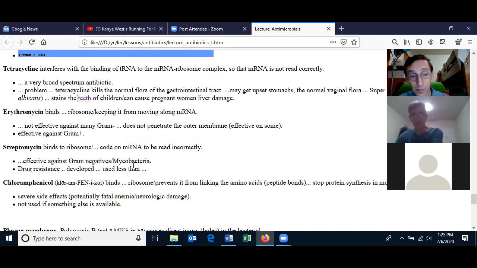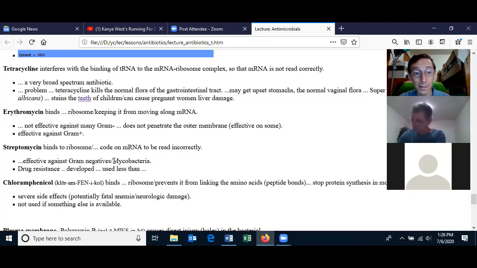In fact, if the mycobacteria isn't susceptible to streptomycin, that is one of the drugs, meaning the first choice, the doctor will use against mycobacteria. It is effective on gram-negatives as well, so it's a broad spectrum drug. As I stated, this was very common in the 1960s and 70s, but because of the development of drug resistance, it's not used as commonly as it was in the past. Okay, any questions about that?